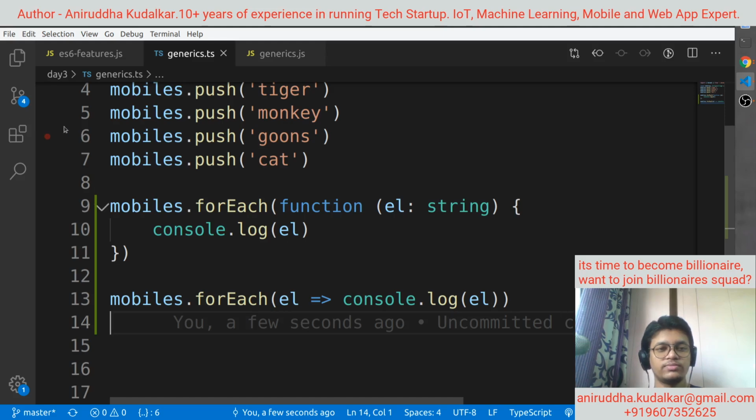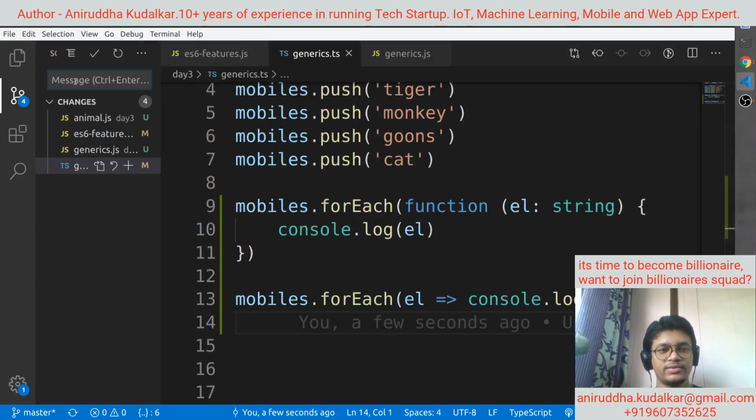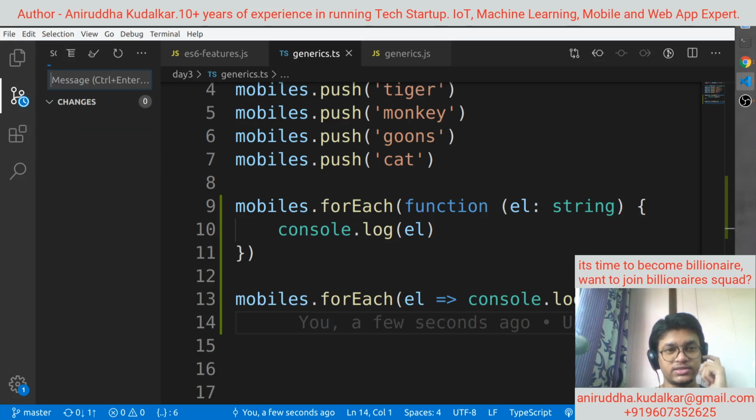I'll push the code. If you get any query, please ask me. Say ES6 required features, features of ES6, and here you can push the code.